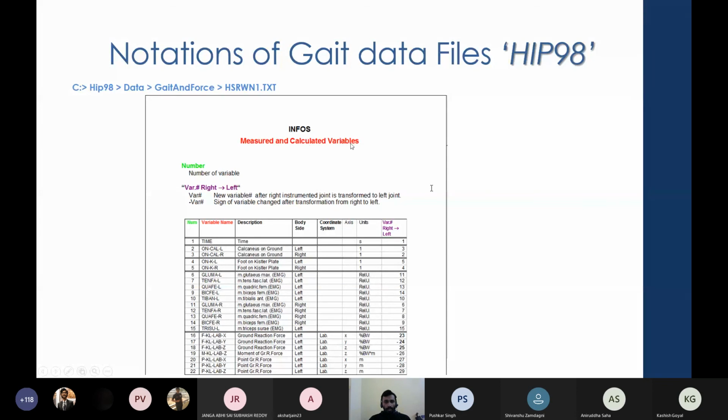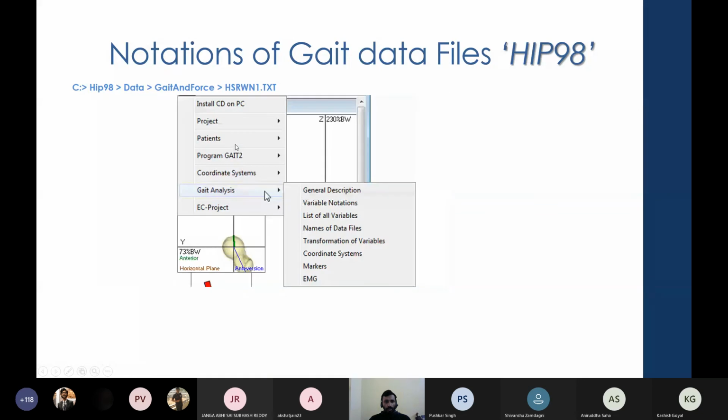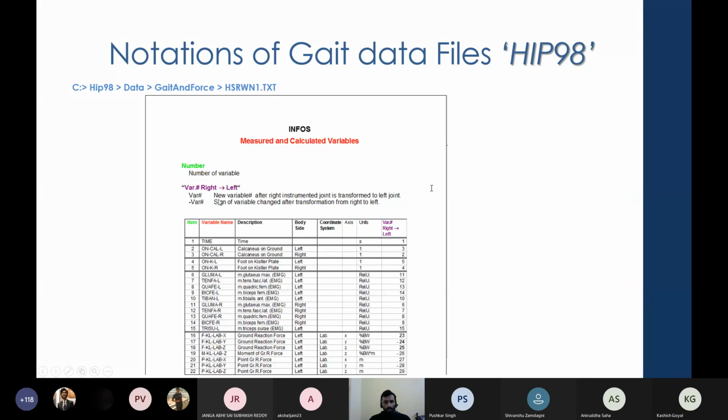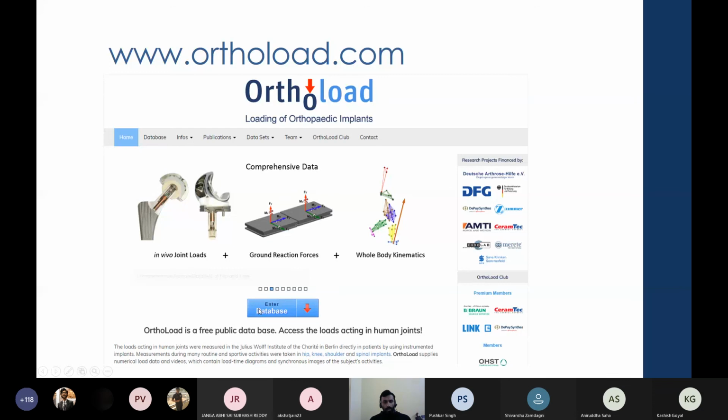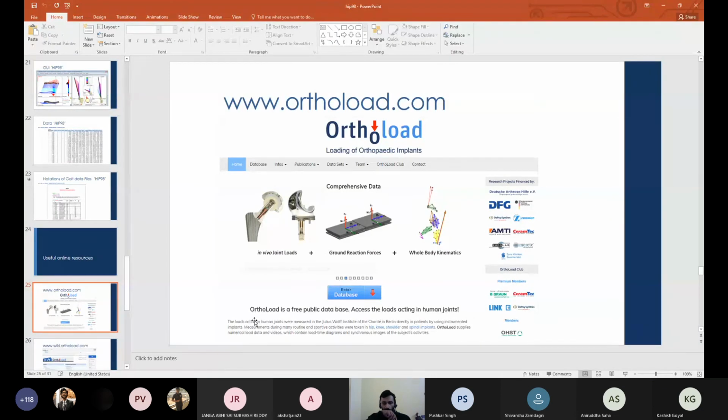If you want to know the meaning of these columns, you can go to the variable notations, and it will say what each column means. This information is useful when you download the data. It makes it much easier to understand. So these things you can easily follow.